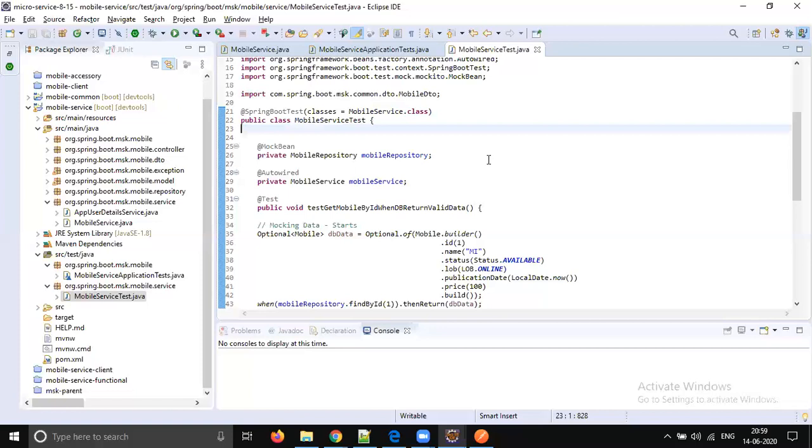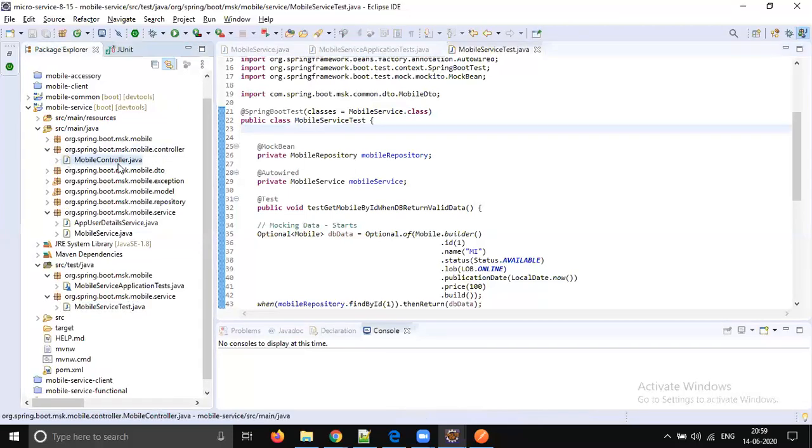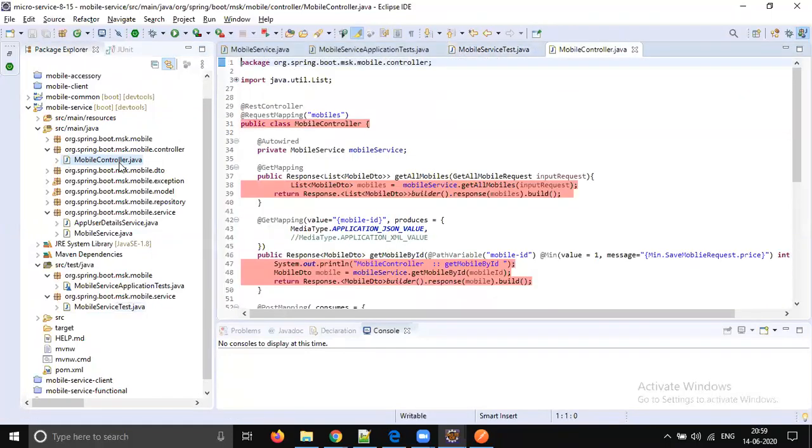The next part is integration test cases. When it is an integration test case, we will hit the controller method by passing the JSON request, and we expect some JSON response and check whether the response has proper data or not. Integration means you don't go to any particular method.